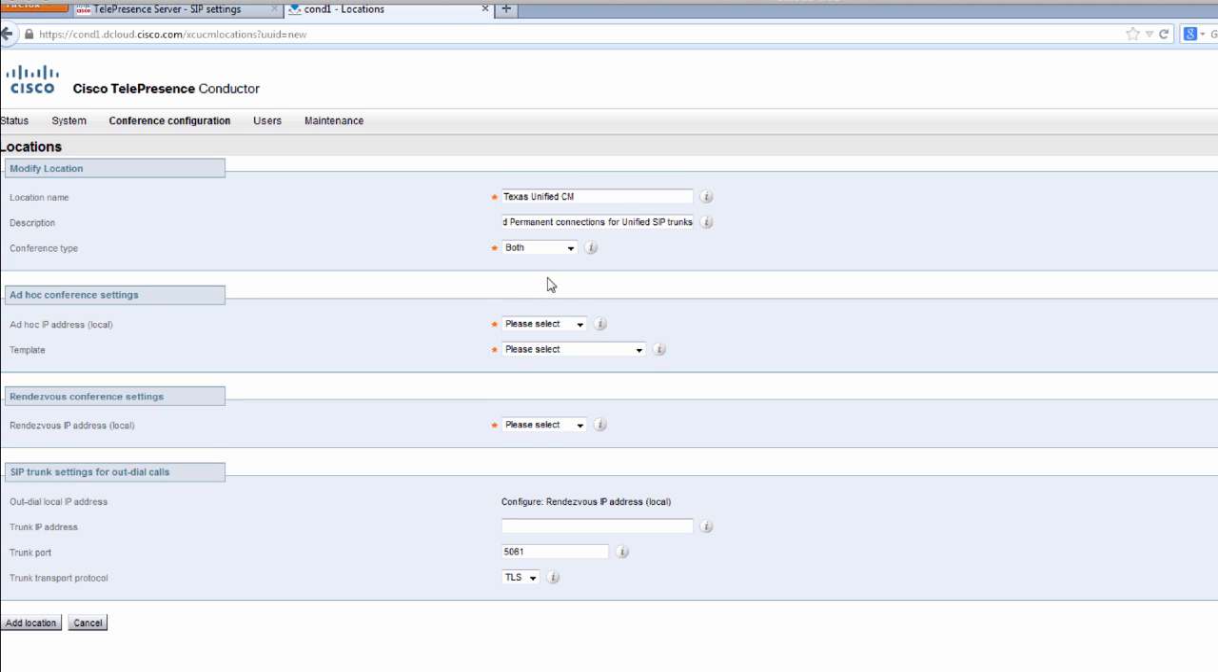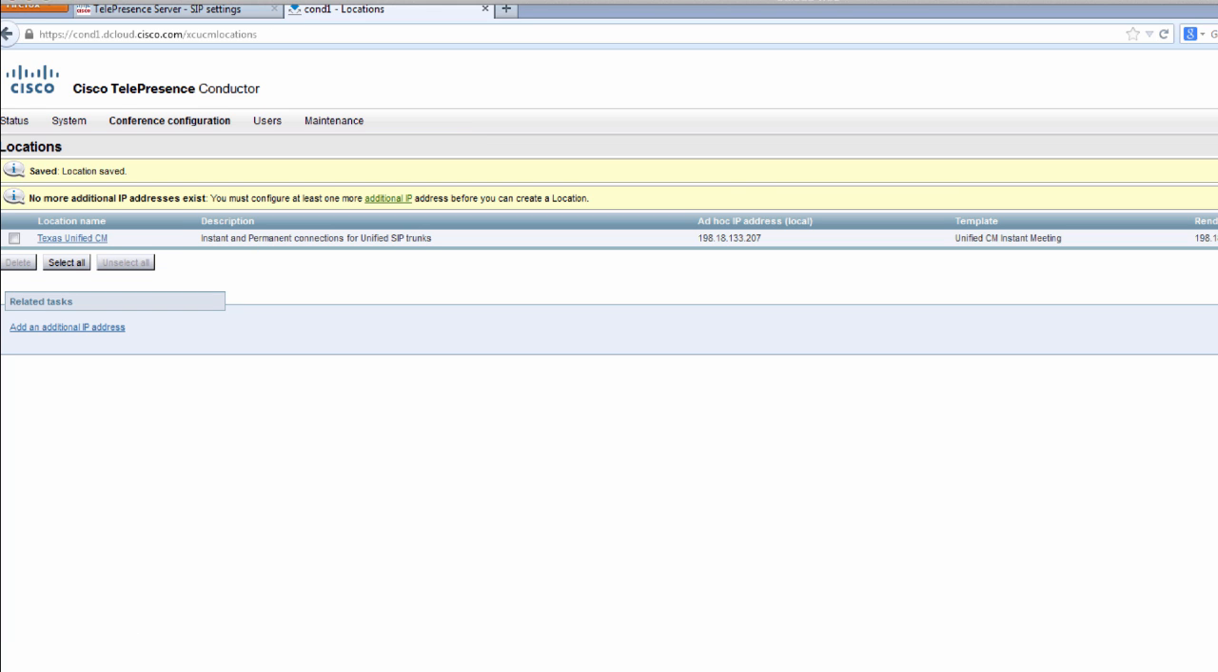We're going to ad hoc and rendezvous, and then we're just going to fill in all the things that we already configured. So the IP address for ad hoc conferences. We're going to go ahead and choose the template they're going to use when they do connect in through that SIP trunk, and then rendezvous, we're going to do the IP address here. And then for out dial calls, this is when it sends it out the SIP trunk, we're going to go ahead and send it to Communications Manager, and it's going to be from our rendezvous port for dialing out to